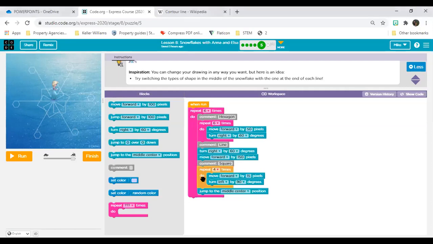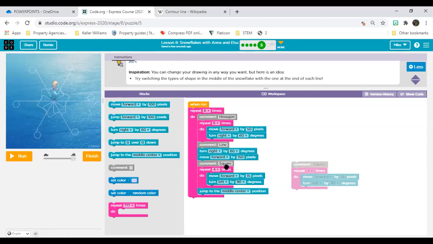Or if you really want, you can copy your code to remember your square. And I'm going to paste it over here, just on the side so I remember. I'm going to copy the comment as well, so I can remember that is my square. If I want to look at it later, that is how I'm going to make my square. But let's change the small shape at the end